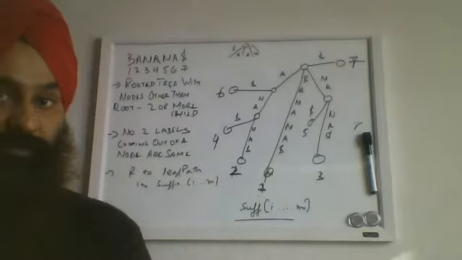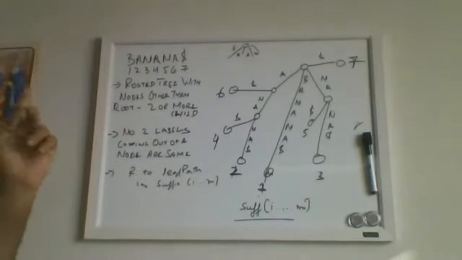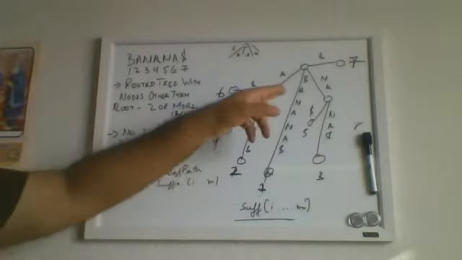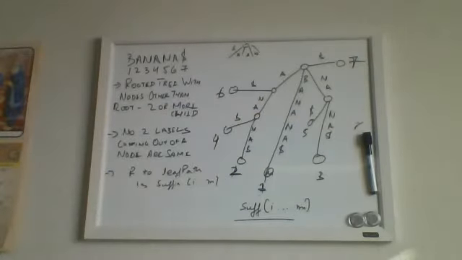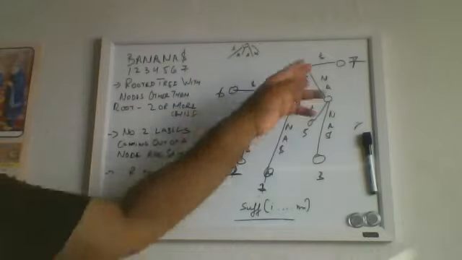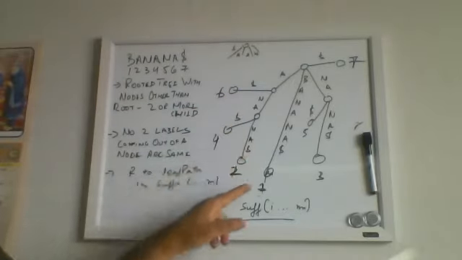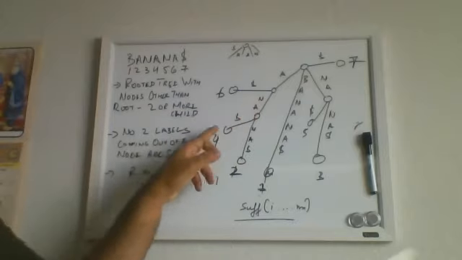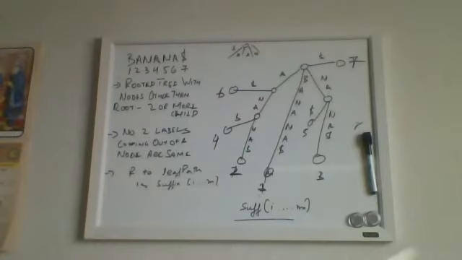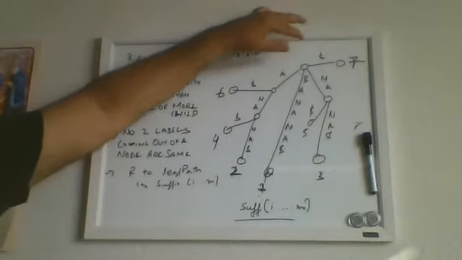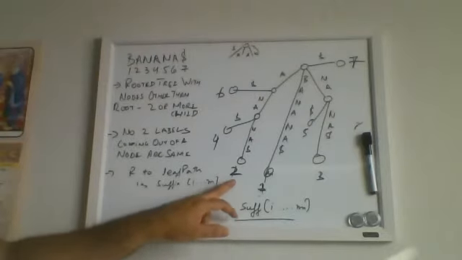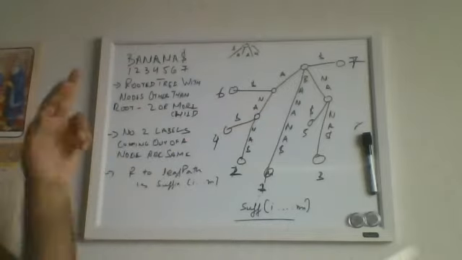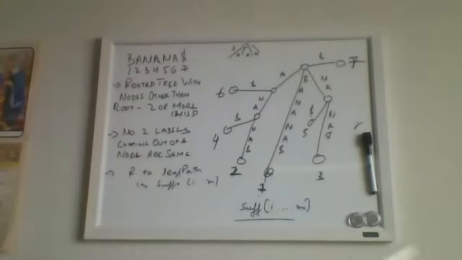The general definition of a suffix tree is: a suffix tree is a rooted tree with nodes other than the root having 2 or more children. No 2 labels coming out of any node will have strings starting with the same label. And lastly, if you start from the root and go all the way down to the leaf I, that path is your suffix starting from I to M, which I explained earlier.